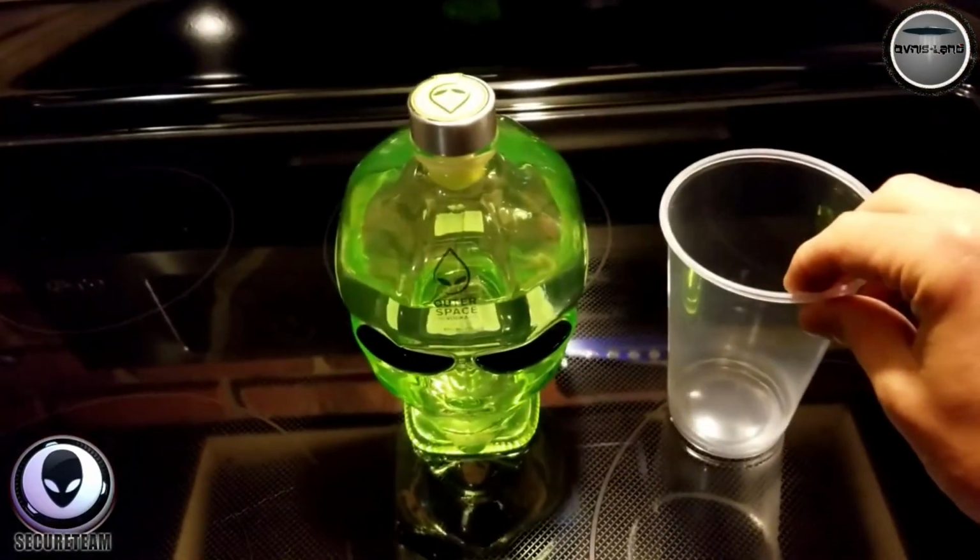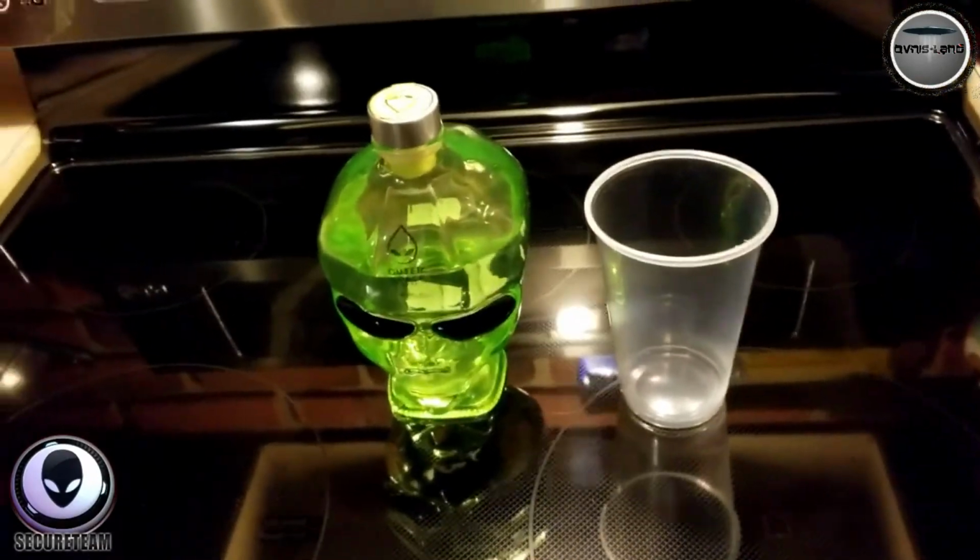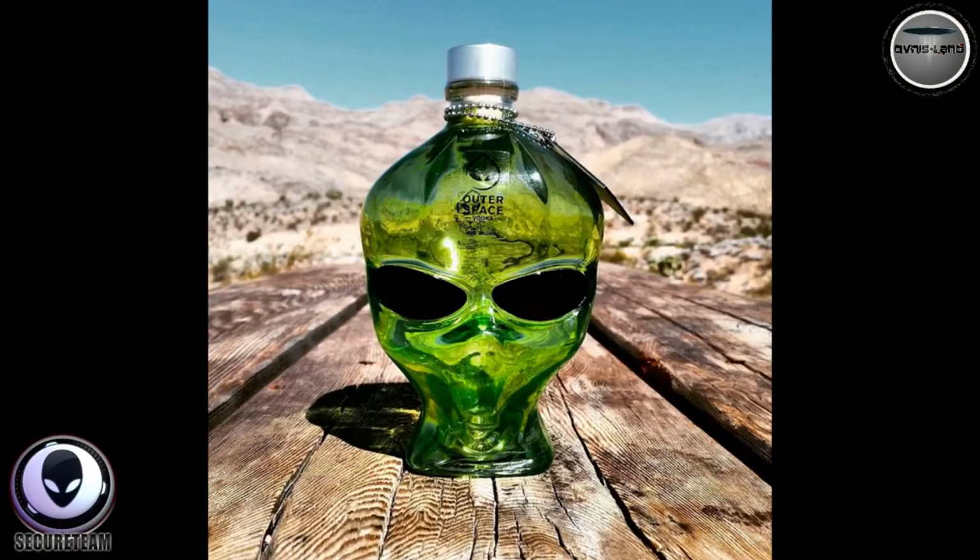that, for those of you who have been with me, you'll remember I purchased about a year ago, after I heard about this really awesome bottle of vodka that came out that was in the shape of an alien head. Now, I'm not a drinker at all. In fact, my biggest vice is maybe drinking too many Diet Pepsis. But when I saw this, I just had to get it, and so it's kind of sat in the cupboard